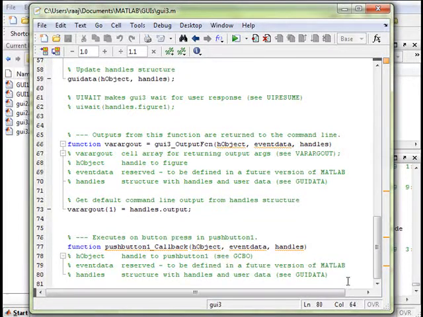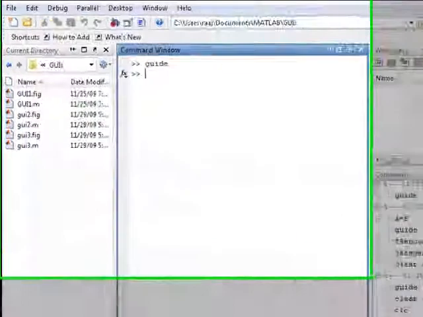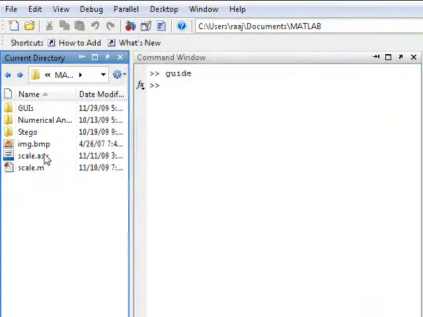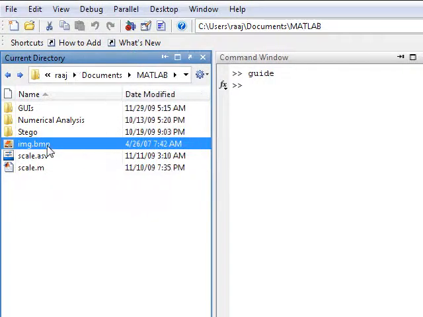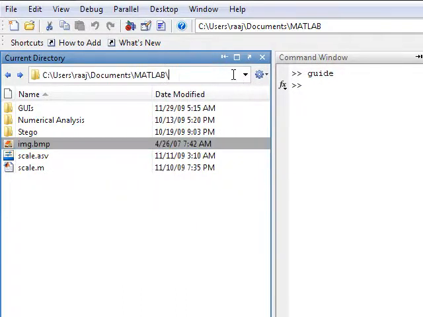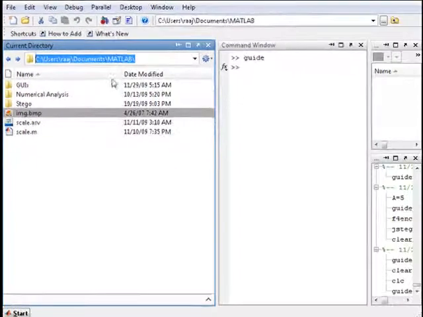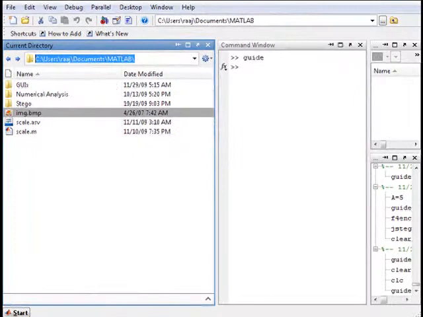Now let me write a simple code here. We will open an image whenever this button is pressed. Now let us search for an image. Okay, so here we have an image.bmp. This will open every time I press that button. Copying the path of this image, the absolute path. Going back to the code window,